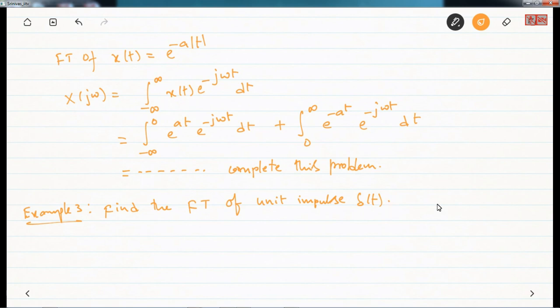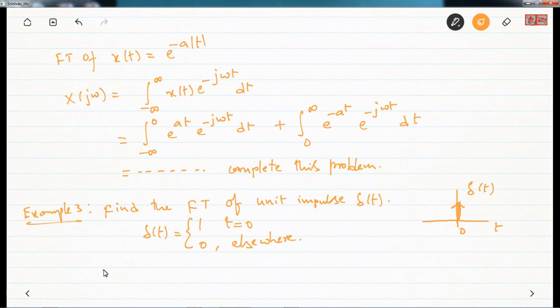So what is delta of t? If you remember this from some of our previous classes, delta of t is equal to 1 for t equal to 0 and is 0 elsewhere,